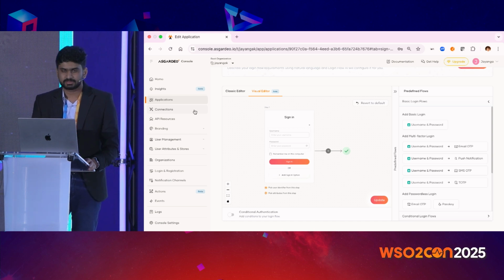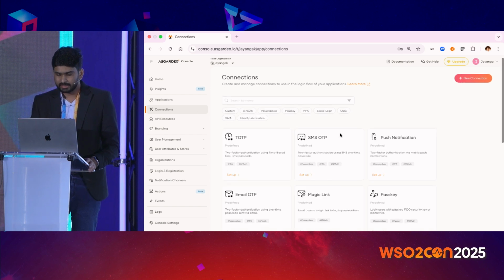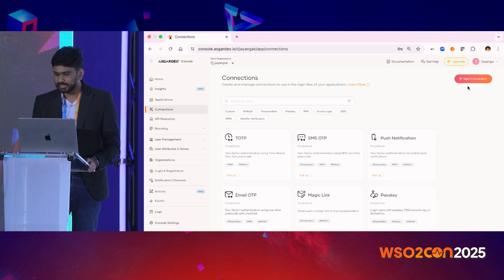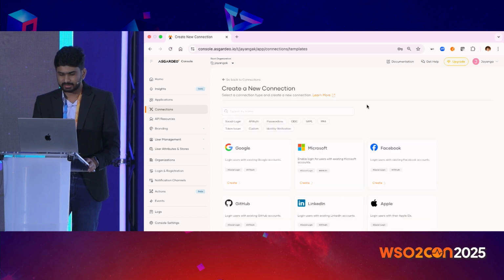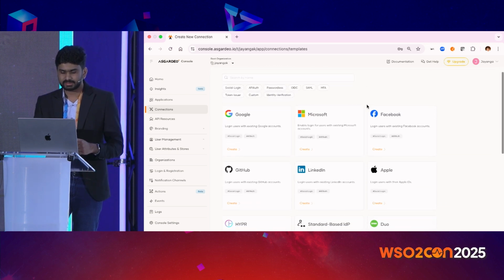Basically, if you are going to use Google, you have to register in the Google authentication portal and get an application key. I have already done that. Then you can go to the connection section and create a new connection. In here we have templated a certain set of